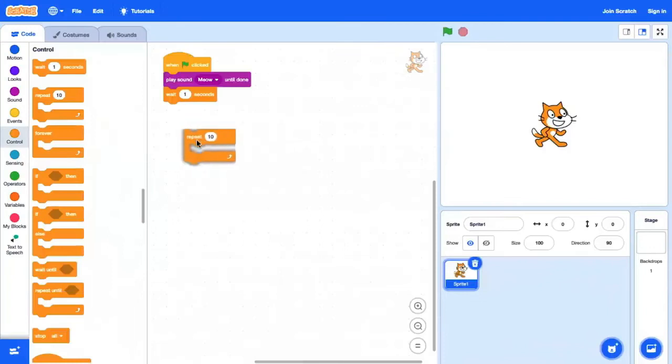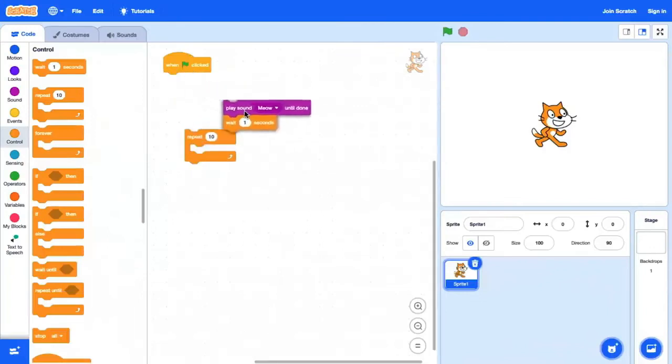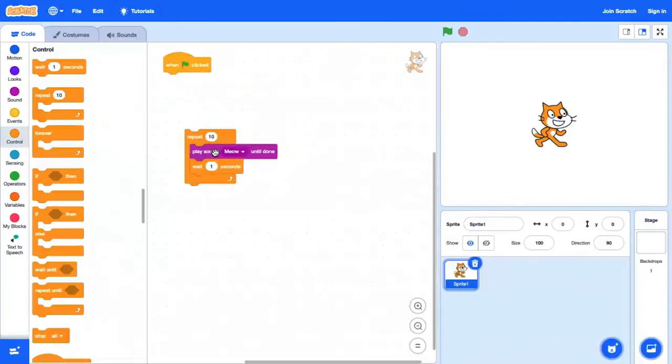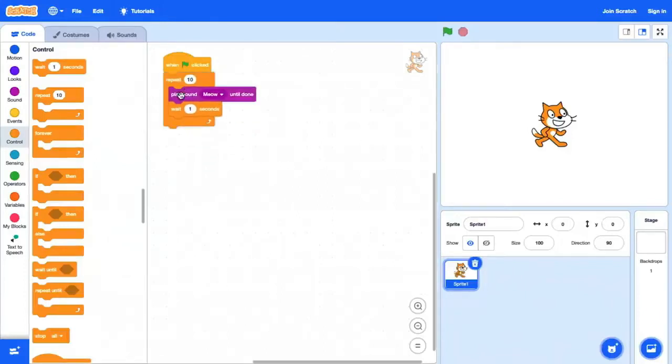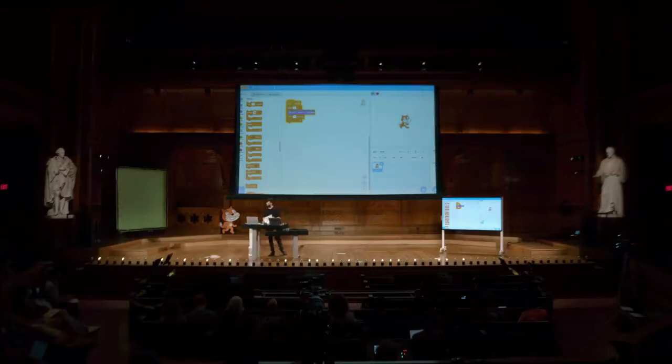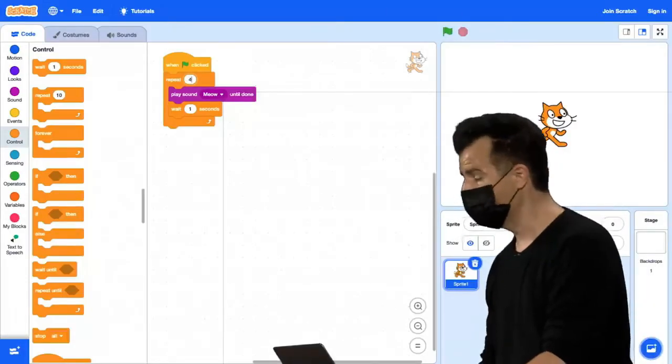Let me grab the repeat block for now. Let me move this inside of the repeat block. It's going to grow to fit it. Let me reconnect all this and change the 10 just to a 3. And now play. So better. It's the same thing. It's still correct. But now I've set the stage to let the cat meow, for instance, 4 times by changing one thing,